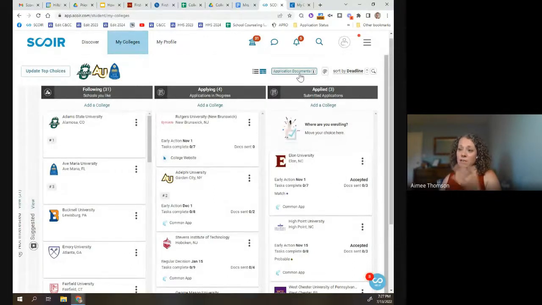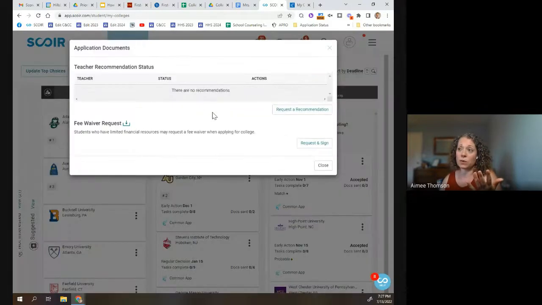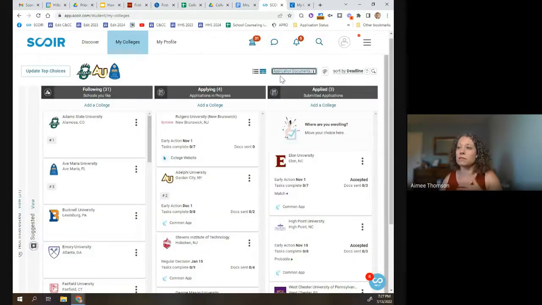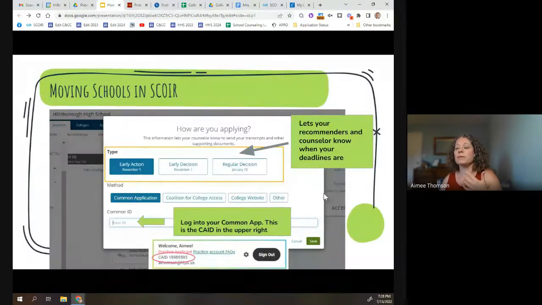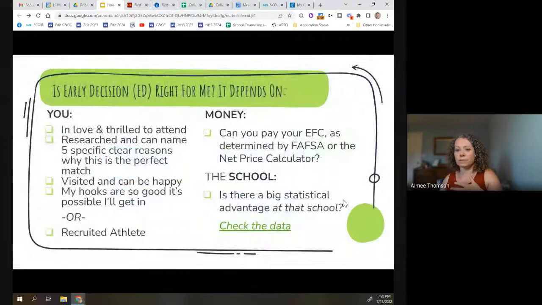This application documents section is where you request those teacher letters of recommendation if you didn't do that yet. It is a way you can get back to the early decision agreement, and I'll reference that in a little bit. Fee waivers for students who qualify because they are free and reduced lunch eligible are all up here in the application documents. It is also a place, students, where you'll be able to see when your teacher has uploaded the letter of recommendation that you've requested. It would show up in here as a status. You'd see that it's been uploaded, and I think you get an email about it too. So that's how you can keep track of what's going on there. Talked about moving these schools, and everything is there.